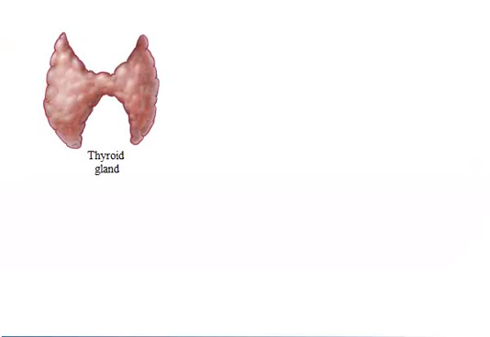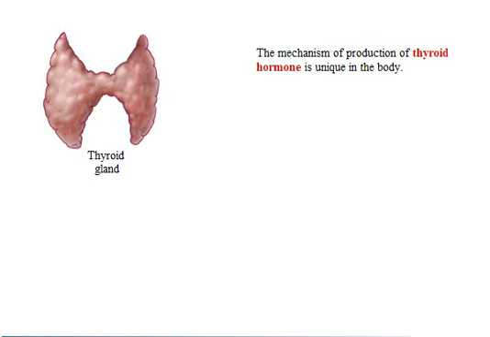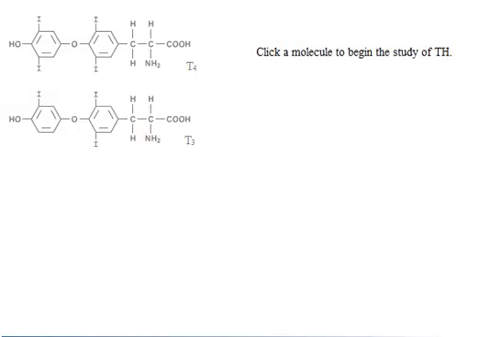Recall that the thyroid gland produces thyroid hormone. The mechanism of production of this amine hormone is unique in the body. Click a molecule to begin the study of TH. Recall that thyroid hormone is really two molecules, T3 and T4,